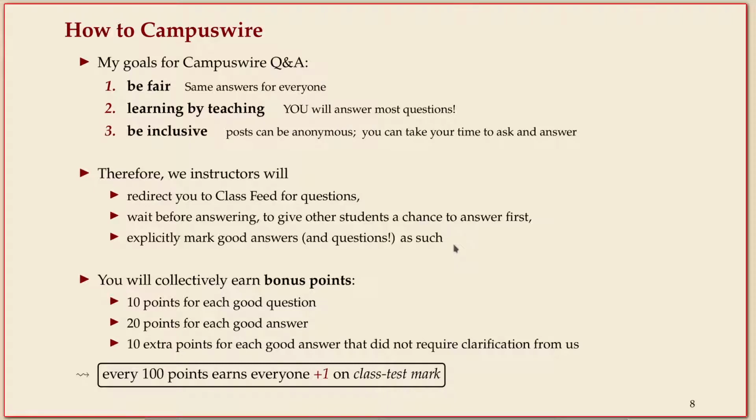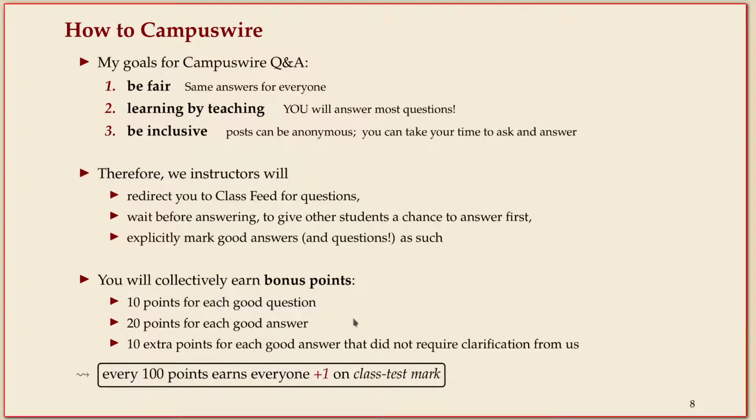But if some student answers and I happen to see it right away, I click endorse or mark it as a good question, it gets a star or something, and you can see that it's endorsed by one of the instructors. So you can rely on this answer, even if it comes from a student. Who knows whether that person is correct, right? But if it has the official stamp, you can rely on the answer. And that's the bonus points I mentioned.